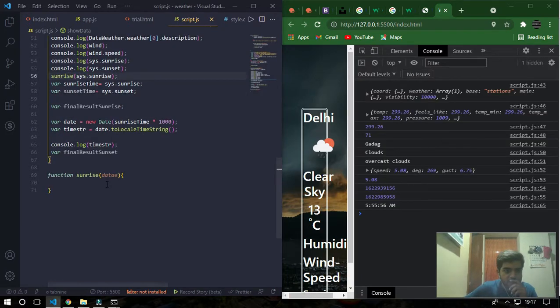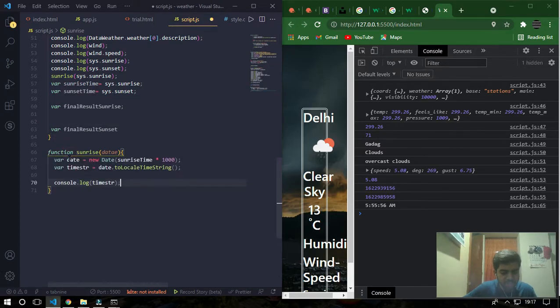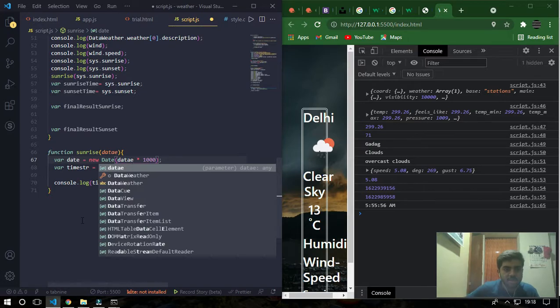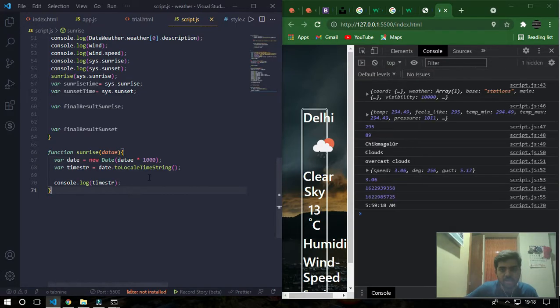Now here I'll just take this thing and put it inside this function. Inside the sunrise time, I'm going to take date, and I guess yes, I'm getting the same thing here.